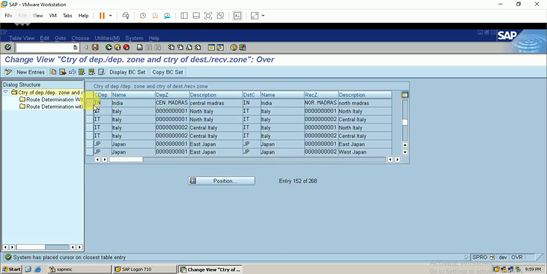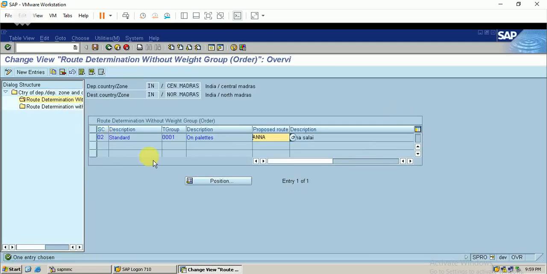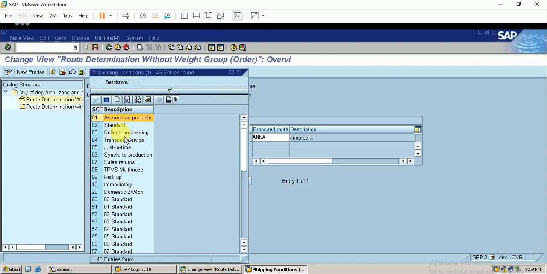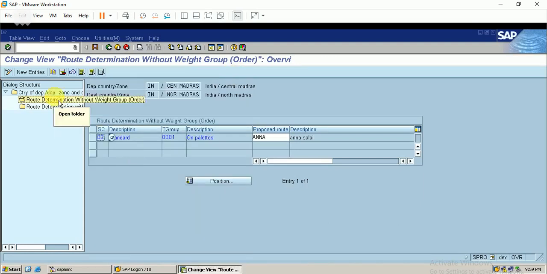Okay, just select it and double click on this. You can see here this is the shipping condition. It seems it is standard. So I just change it to 01. I just select this and copy it.